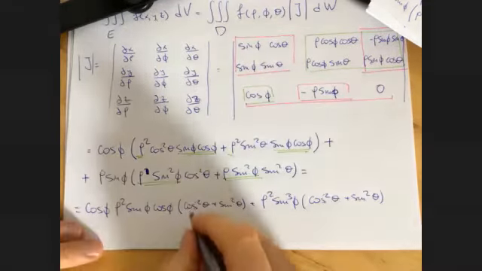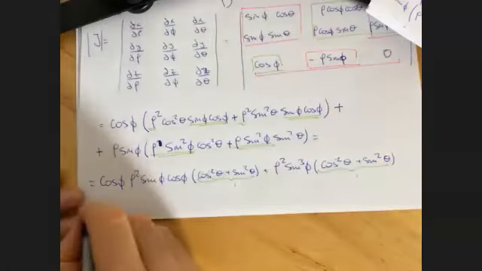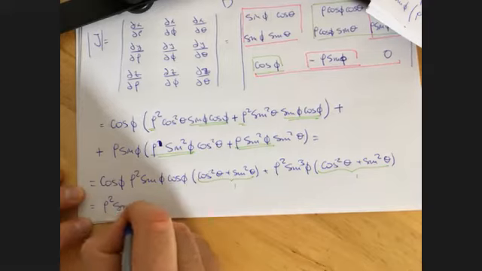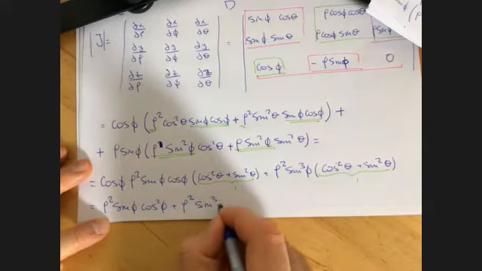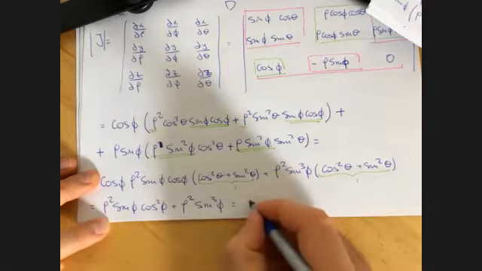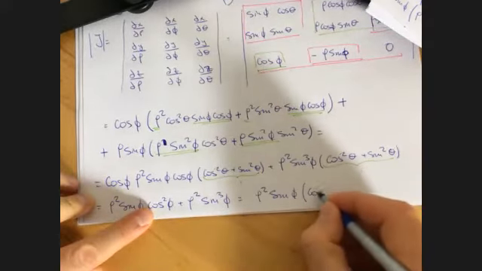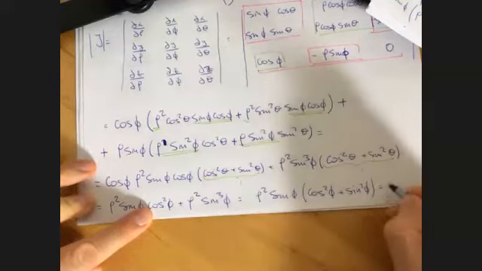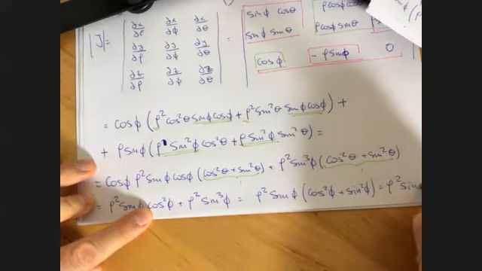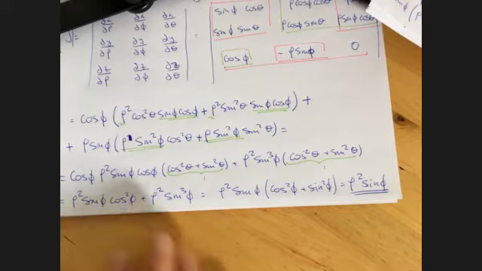And now I move on because these are just one, right? Just one. So here we're left with rho squared sine phi cosine squared phi plus rho squared sine cubed phi. The common factor is rho squared sine phi, and in parentheses, I get cosine squared phi plus sine squared phi. Again, this is 1. So the Jacobian of the triple integral in spherical coordinates is rho squared sine phi,